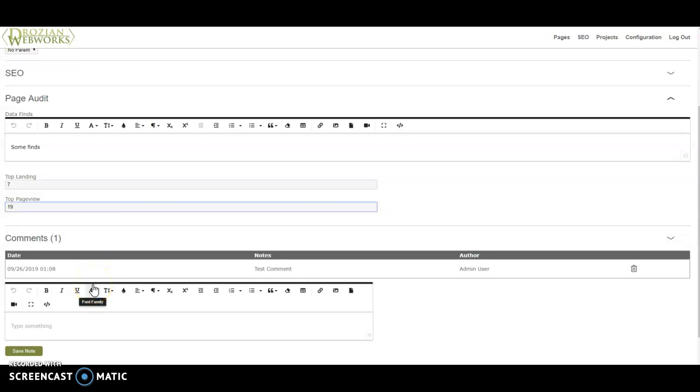And so this is where I try to make notes about, you know, I rearranged the page to see how the mobile performance would change, because we saw that the mobile traffic was bouncing more than the desktop traffic. So we made an adjustment there. And so again, just to have a nice running total, you can keep track of, you know, data find October 2019, that the bounce rate was this, and in further examination, we realized it was a broken link or whatever we found. And then you just have a nice history of what you've done and what you found